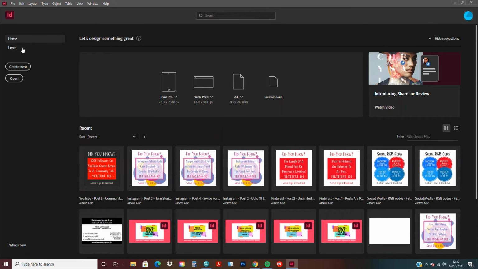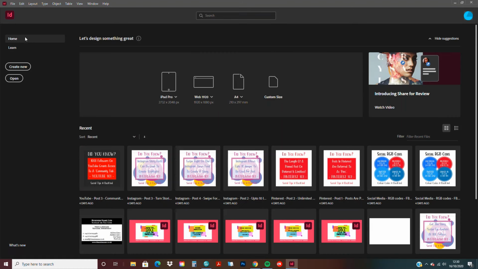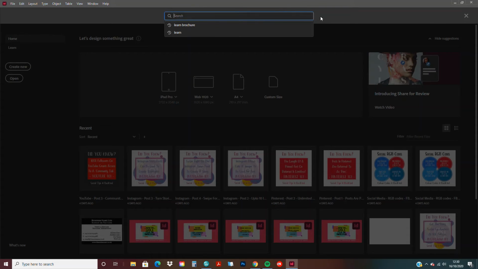So up here we've currently got the name on the top left hand side. Home is currently selected to indicate that you are in fact in the home screen. You have a learn option here, so to complement the suggested video up here on the top right hand corner, you also have a number of other options from InDesign to choose from to help talk you through using the software as well. Back home, you can also search here for information to do with creating documents,